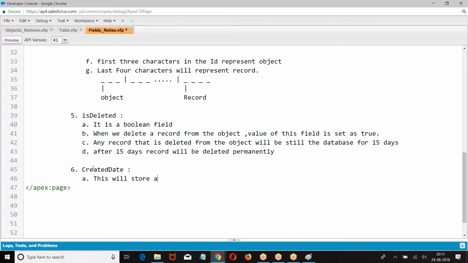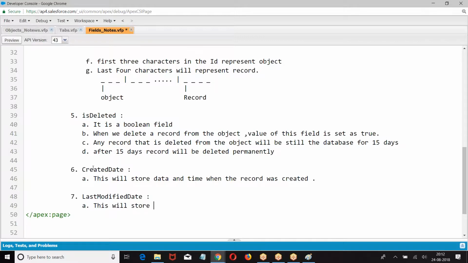This will store the date and time when the record was created. Then we have LastModifiedDate.